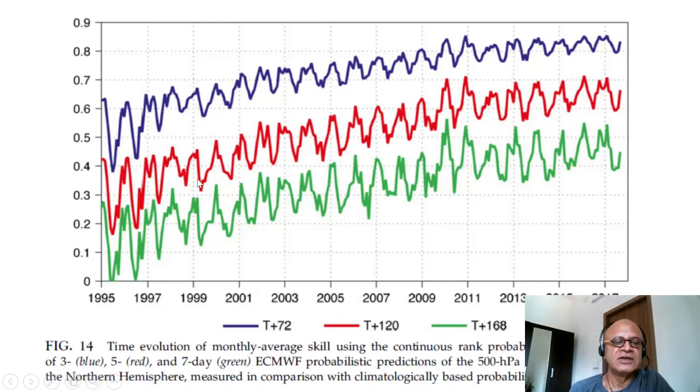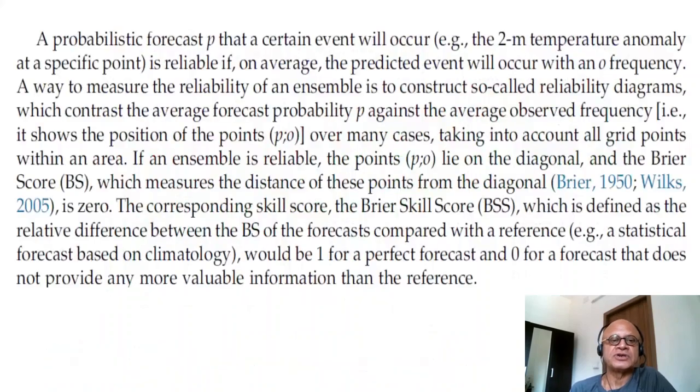So you can see here this seasonality of the dependence, but you can also see that 3-day skill is consistently higher than the 5-day and 7-day skills. But if you compare in time, for example, now the 5-day skill is as good as the 3-day skill back in '97, 7-day skill is as good as 5-day skill, and so on and so forth. So this is the evidence of ensembling, that the ensembles here allowed us to accomplish higher CRPSS, continuous ranked probability skill scores, and that's one of the measures. We will look at other measures which are used in the business.